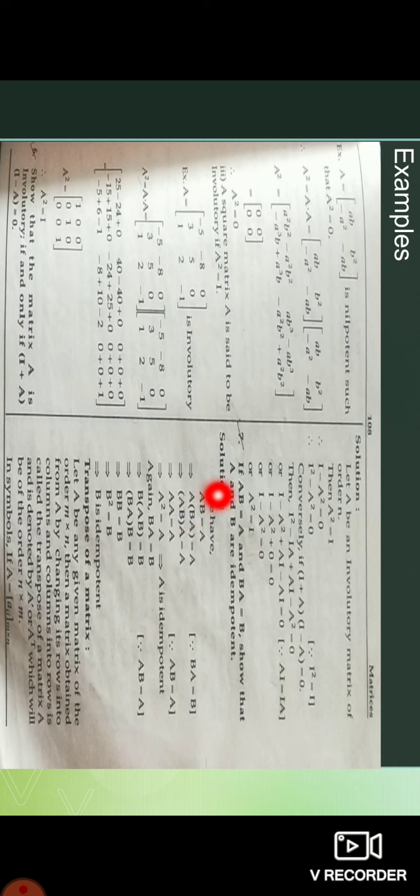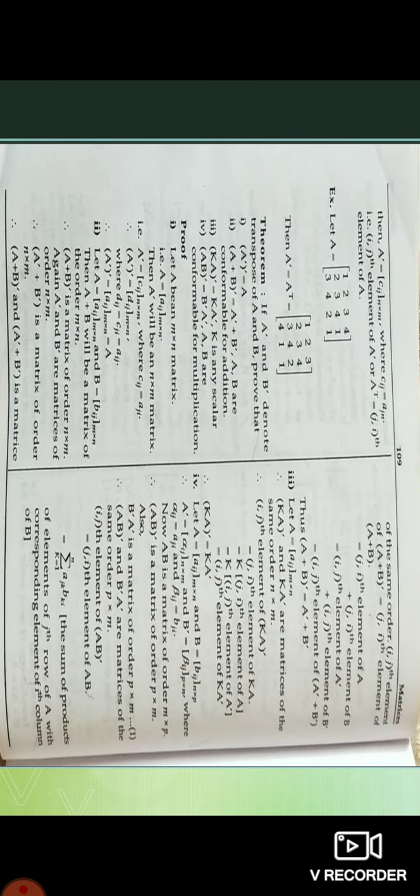The solution: we have AB is equal to A. That means A of BA is equal to A, the reason is BA is equal to B. B is equal to BA and bracket change AB of A is equal to A. We know AB is equal to A, that means A into A is equal to A. This implies A square is equal to A. This implies A is an idempotent matrix. Also similarly, BA is equal to B, like this, B square is equal to B. B is also an idempotent matrix.